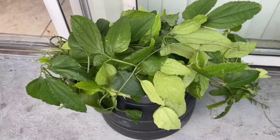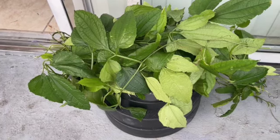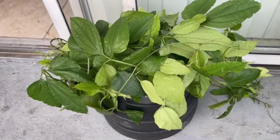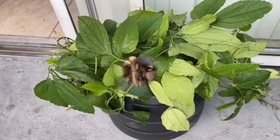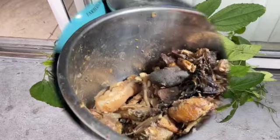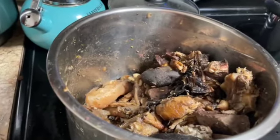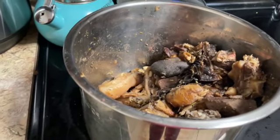This is my harvested ogo live and direct, right from my farm, from my garden in front of my house in my balcony. Yes, so come on. What do you want to cook? Is it ogo soup? Family, this is my meat stock for the soup that I'm about to make, the vegetable soup,